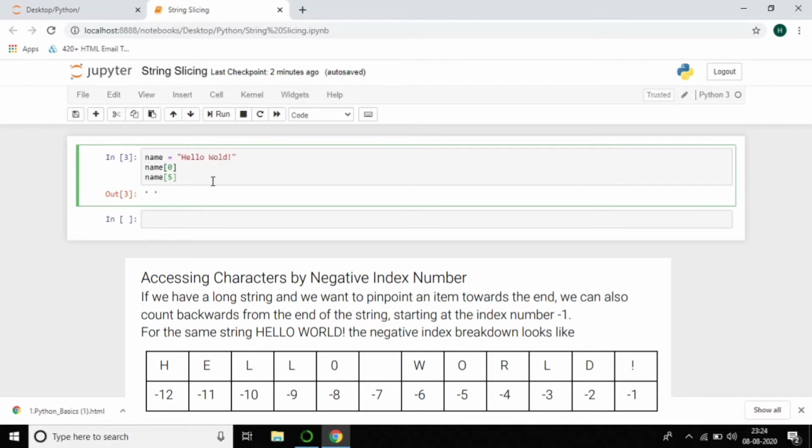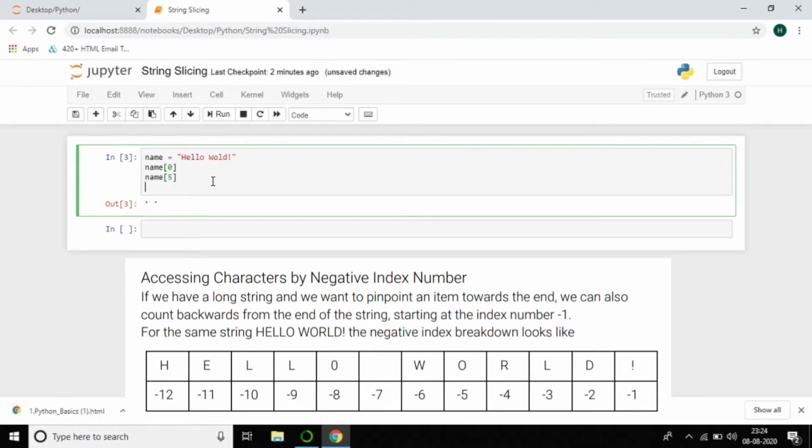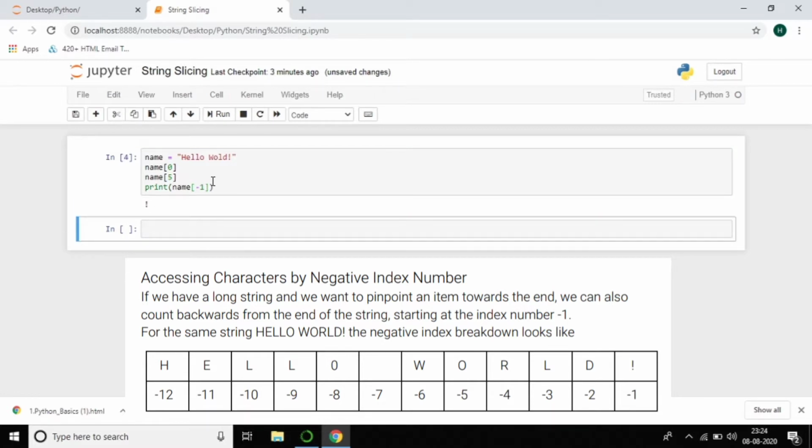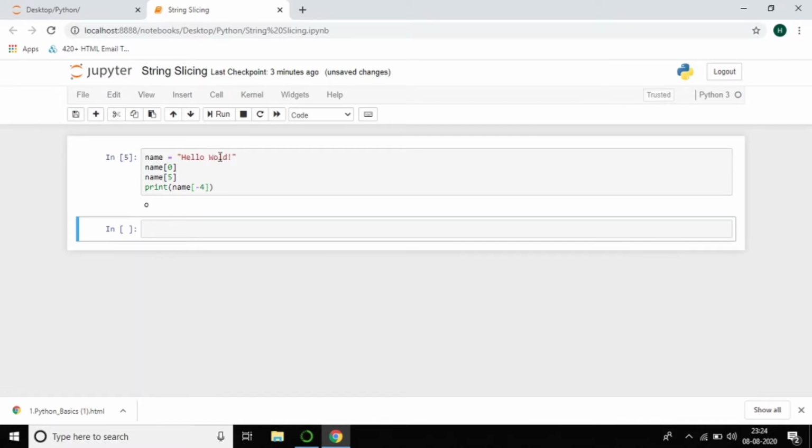Suppose I want to print -1, I write print name, and print -1. You can see we get the exclamation mark. If I give -3 or -4, you will get o. So this is about negative indexing.